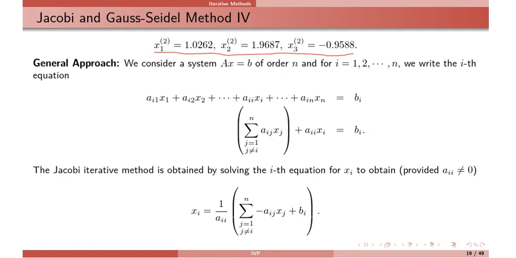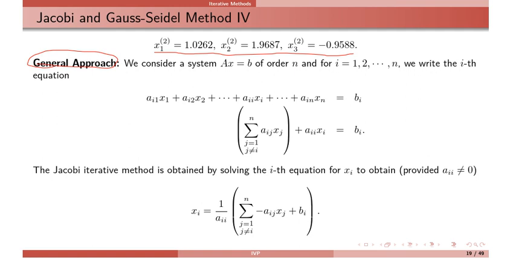And application of both techniques is quite similar. So in Jacobi, you just fix the stage and use same set of variables. But in Gauss-Seidel, we immediately replace with new one. Now I am writing general approach. So we will write this iterative procedure in matrix form, and then we will talk about its convergence.